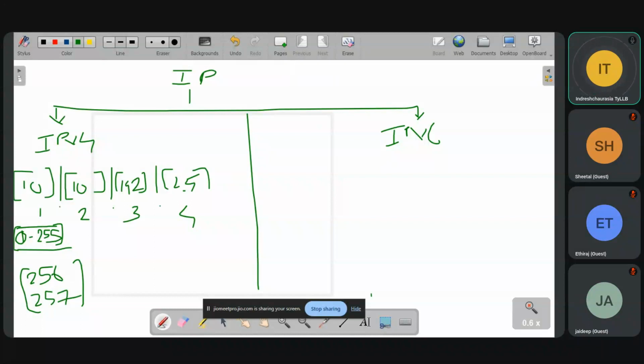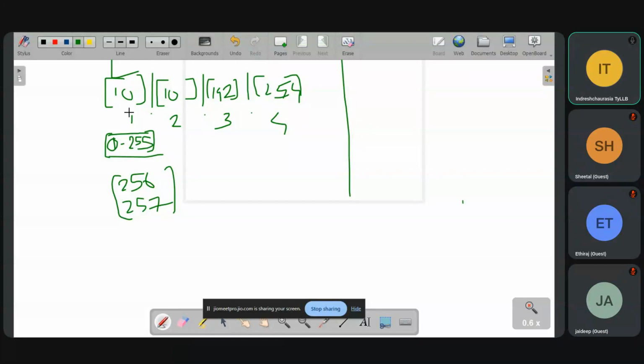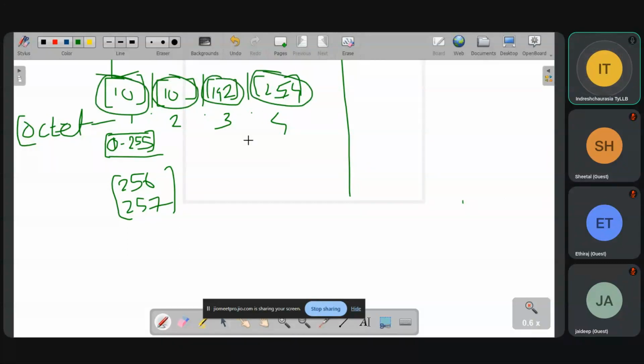So this is the way an IP address is represented. IP version 4 is divided into 4 divisions, and each is called an octet. Remember, it is called an octet. This is the first octet, this is the second octet, this is the third octet, and this is the fourth octet.